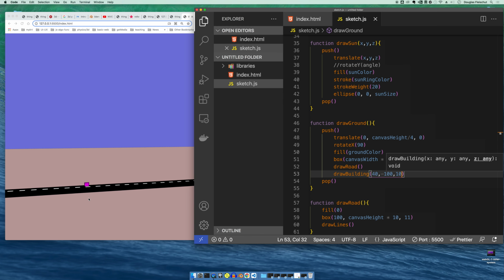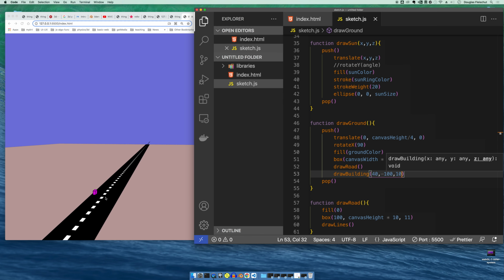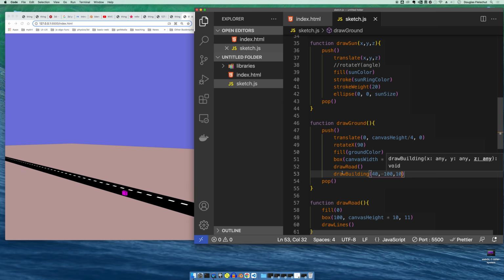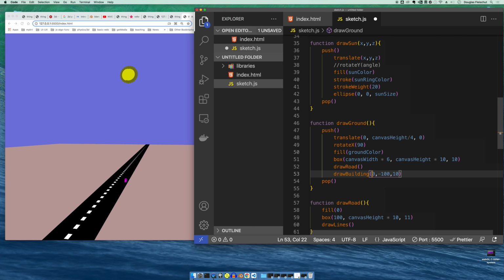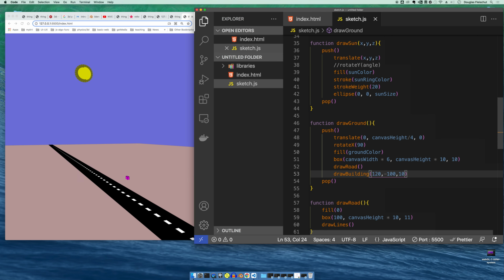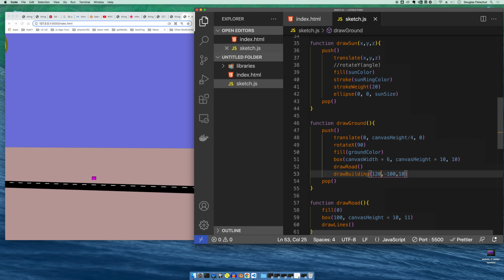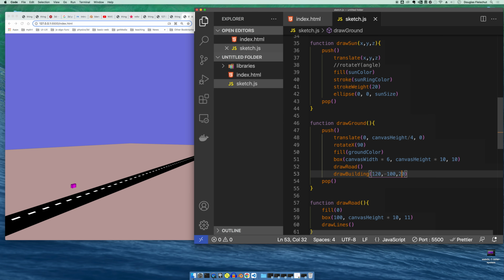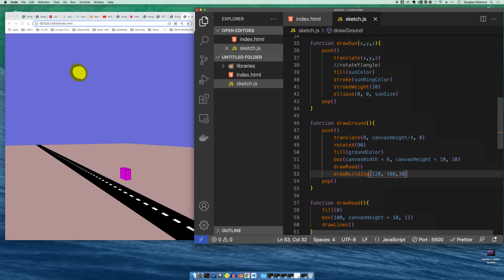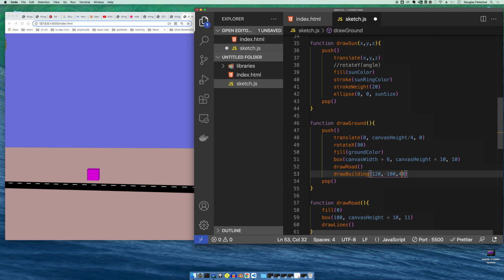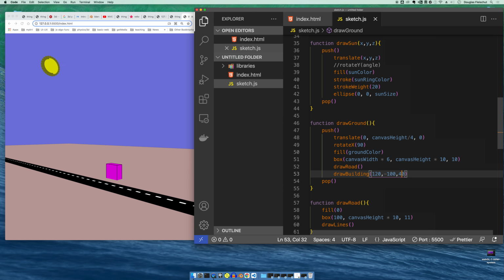You can see it's on the road. That's probably not very cool. That's not a good place to have a house. Let's move it over a little bit. Make it 120. And now he's got a nice little yard. He's still by the road. There we go. 30. There we go. That's a little bit bigger. So now we got this nice